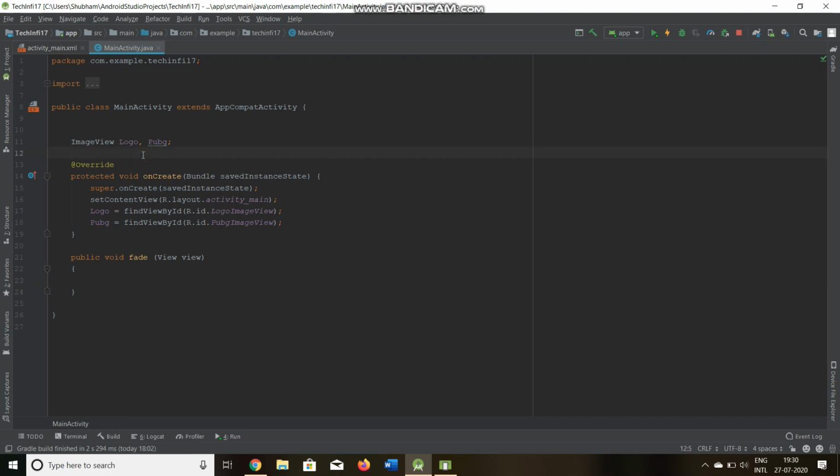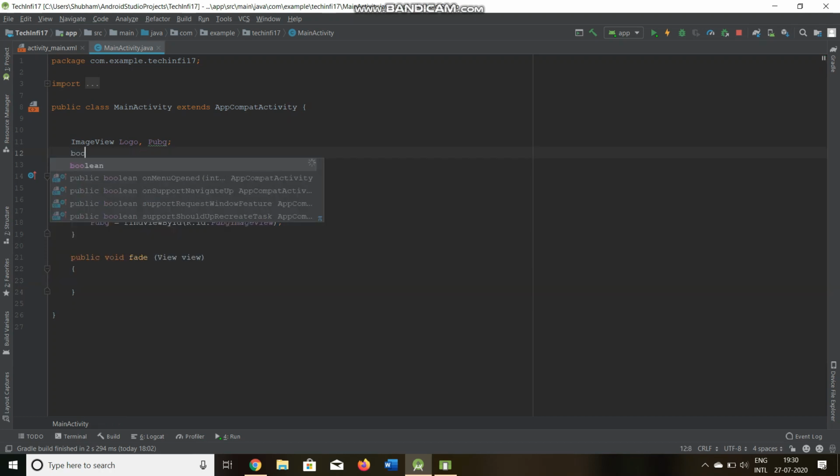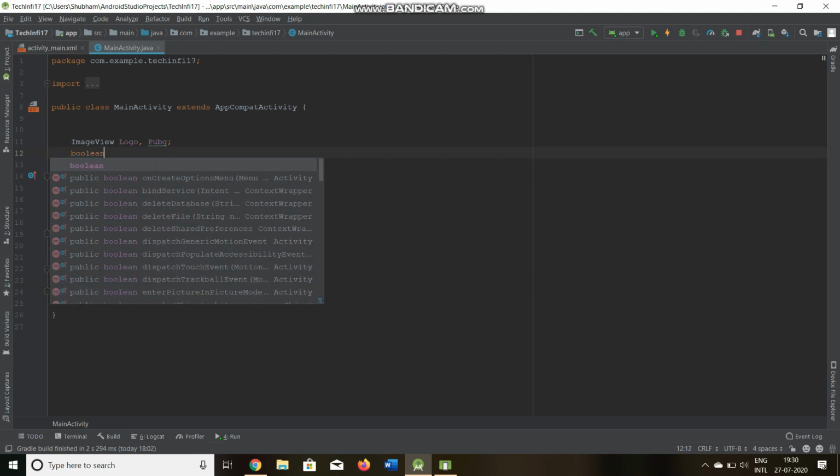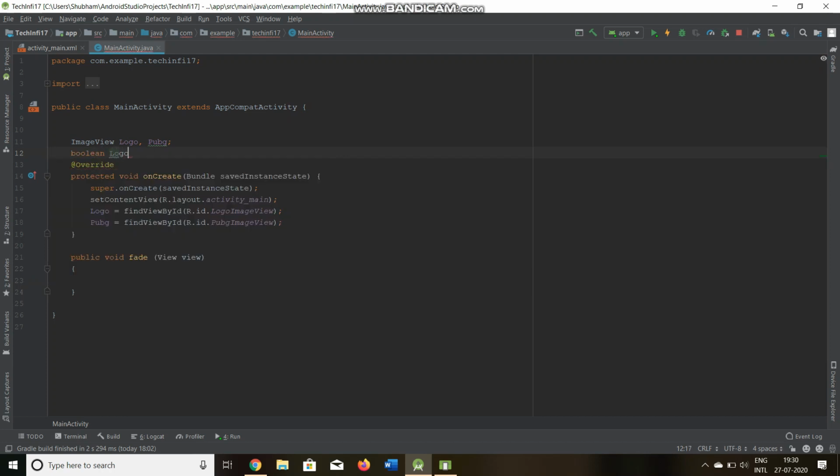First let's keep a boolean variable over here, which will be logo is first, to track which image view appears first. So logo is first, and let's set it to true.